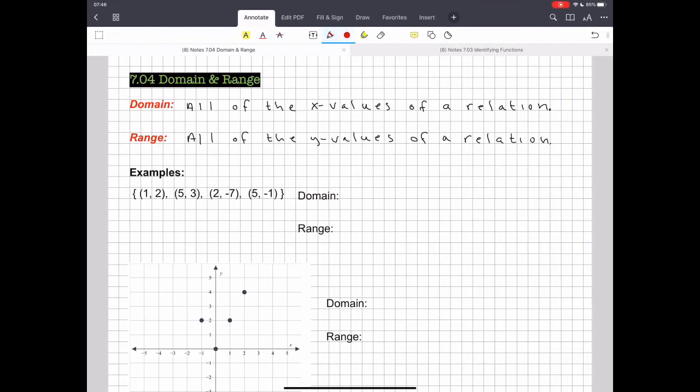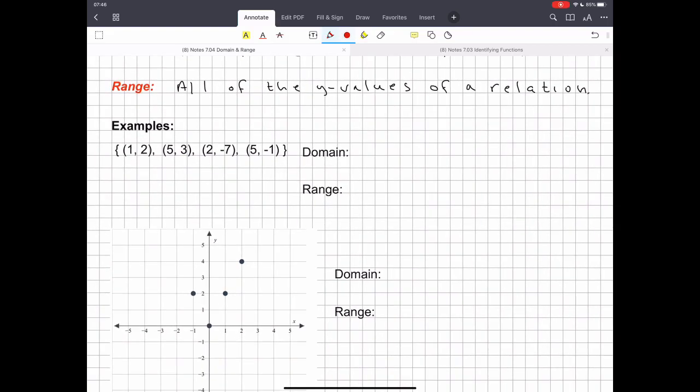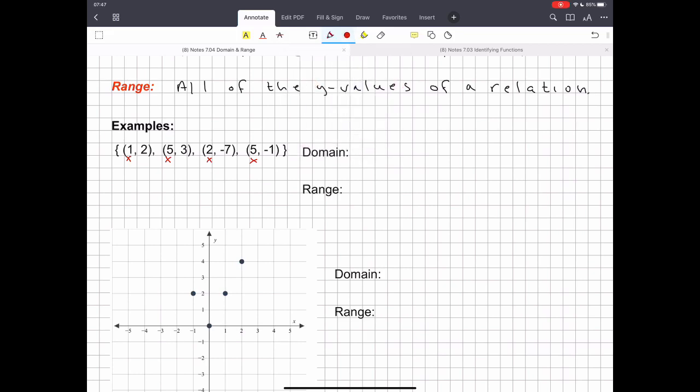Let's turn to some examples that we can work with and identify the domain and range. So in example number 1, I have a set of ordered pairs. I have (1, 2), (5, 3), (2, -7), (5, -1). And the first thing I'm going to do here is identify the domain. And the domain is my x values, so I'm just going to mark those. So my x values are 1, 5, 2, and 5. Now, when we write the domain, I put them in the brackets because it's a set,